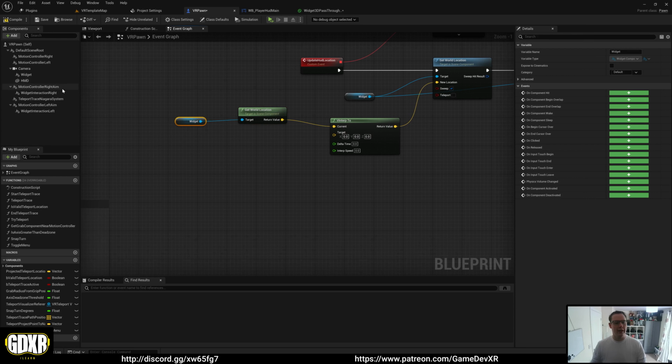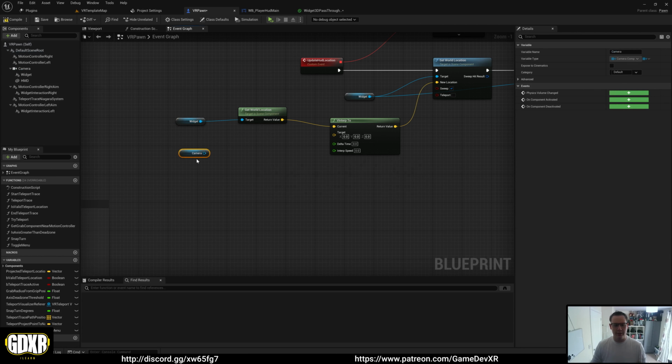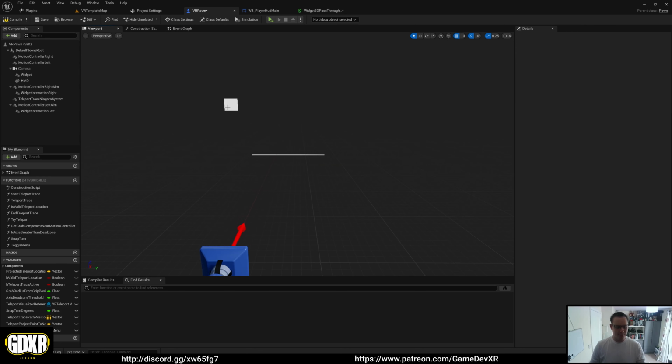What we could do is use the camera as our target, but that'll move it to us. The reason I didn't do this originally is because I wanted to show you how you've got to think about the logic. If we did the camera, get world location, and plugged it into target, it's going to take the HUD and snap it to us, so it would technically be in our head. We could offset it, but another way to do this, which is actually much easier to manipulate, is